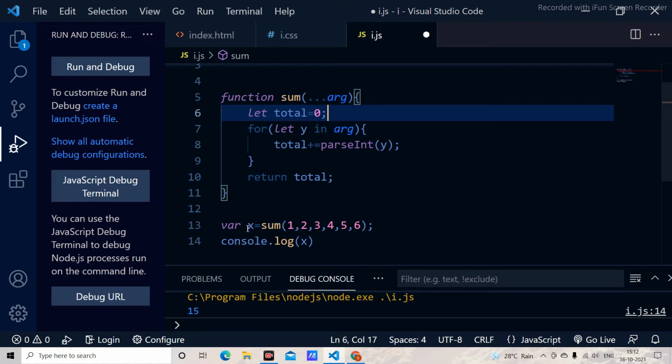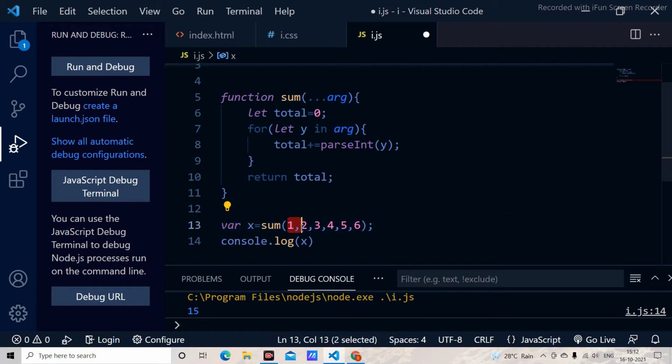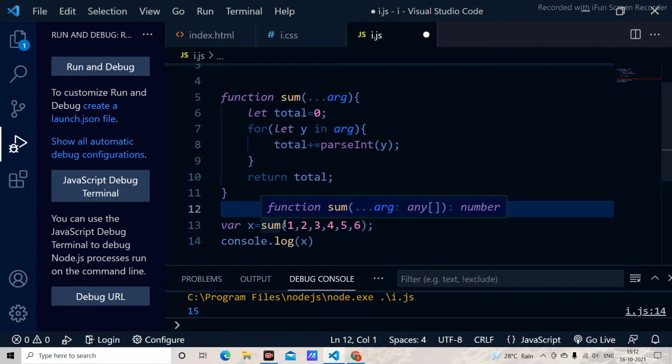And here I have the arguments 1, 2, 3, 4, 5, 6, totally 6 arguments, which I am going to use with the sum.